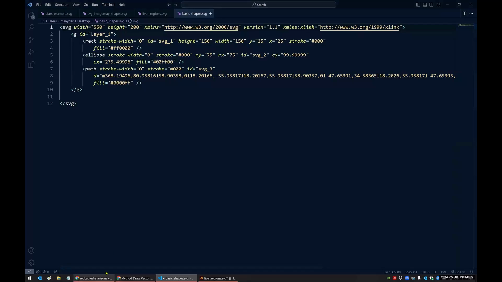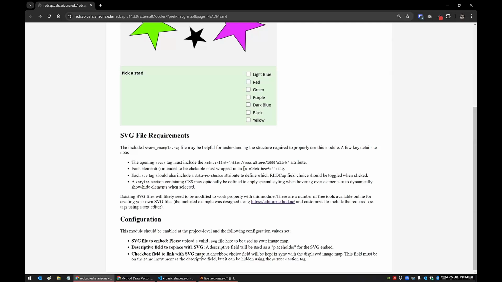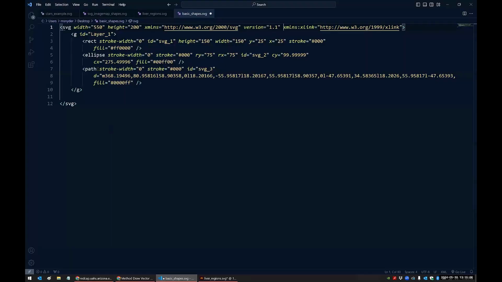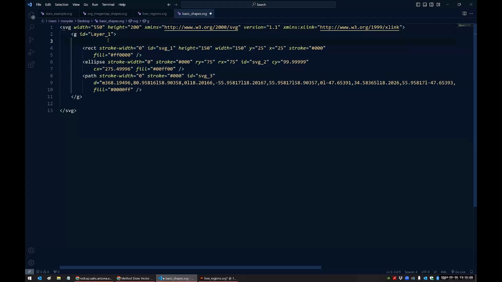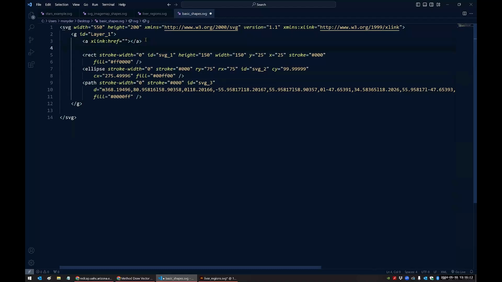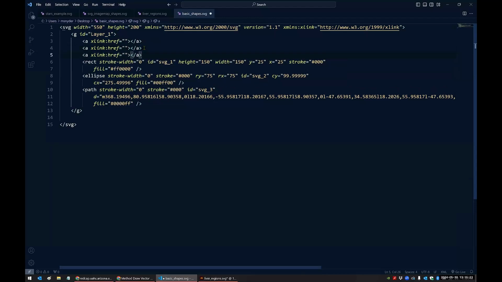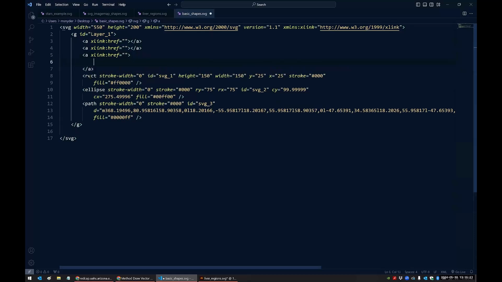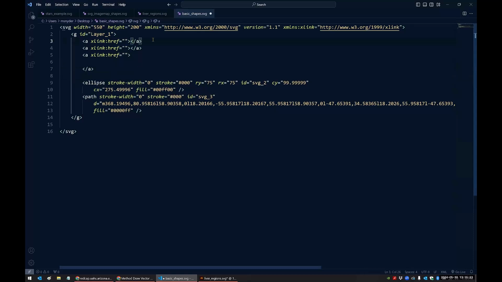The next thing that we need to do is each element has to be wrapped in this xlink href anchor tag. So I'm going to grab that. And I found that instead of trying to wrap each one of these individually, it's easier to just create 3 of these because it's going to automatically close the tags for you. And this is Visual Studio Code. You could do Notepad or any other text editor that you prefer. So we're creating 3 of these, 1 for each path, and we're going to just cut these and paste them in